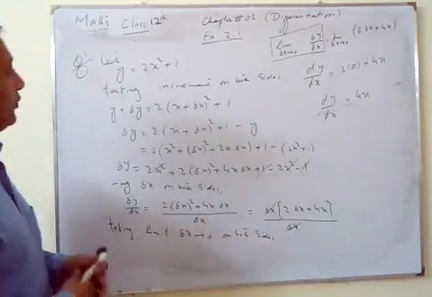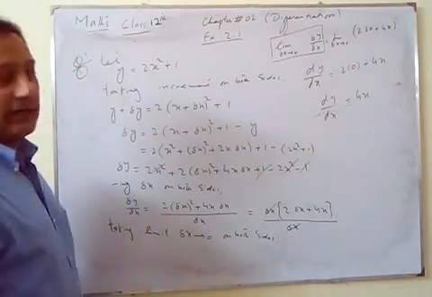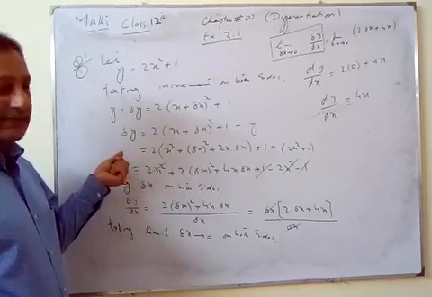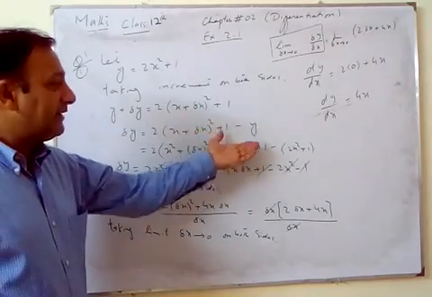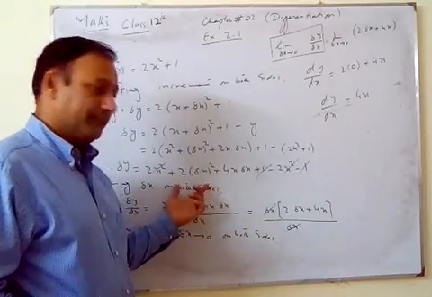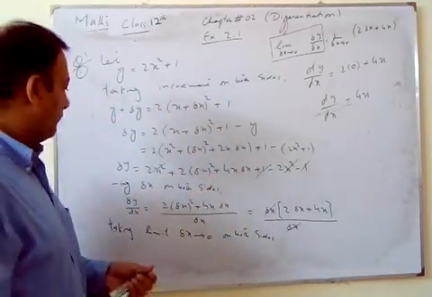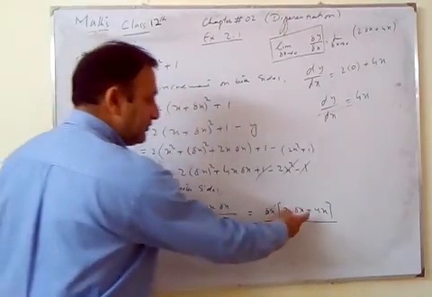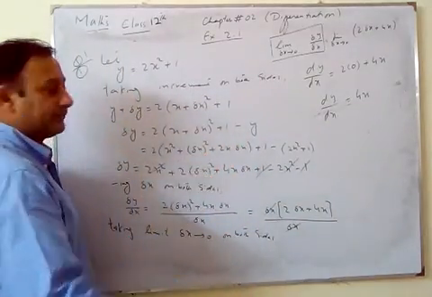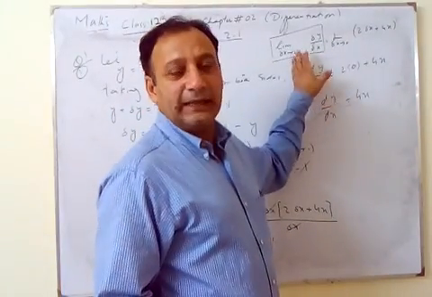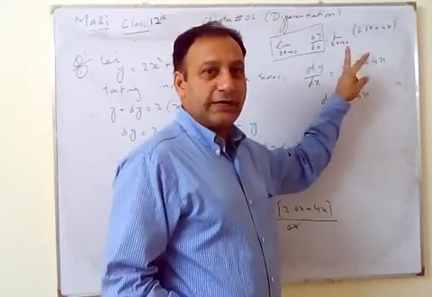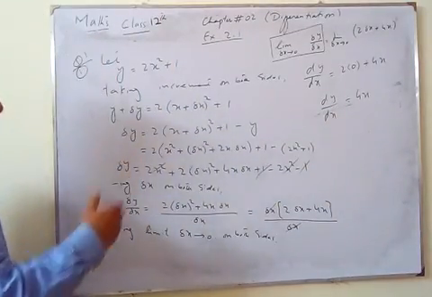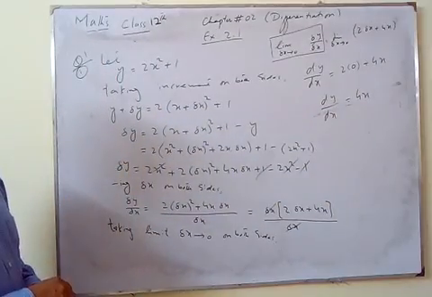So this is the method through which we find the derivative. There are 3-4 steps. The first step, we take the increment on both sides. The second step, we take y from left to right and put the value of y and simplify. The third step, we divide delta x on both sides and cancel delta x. After that, we apply the limit delta x approaches 0 on both sides. When we apply the limit, whatever value we have is the derivative of the given function.